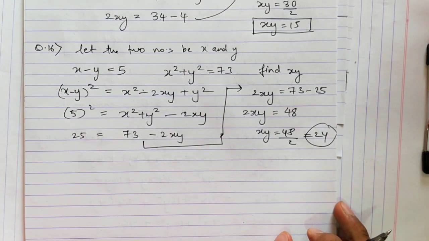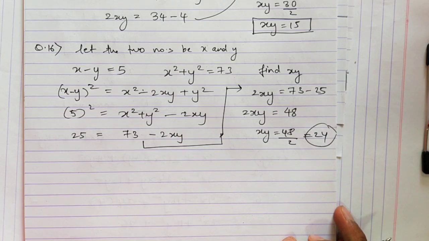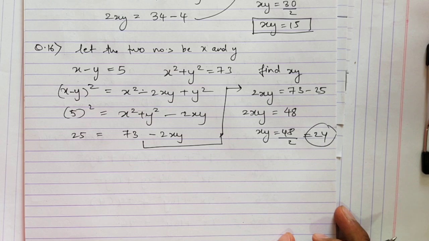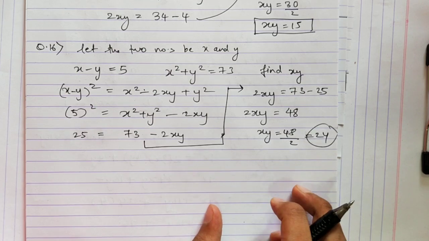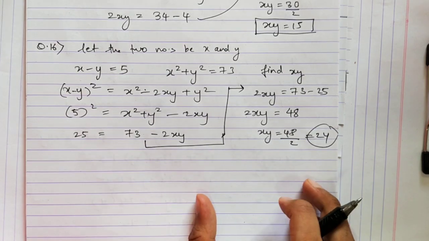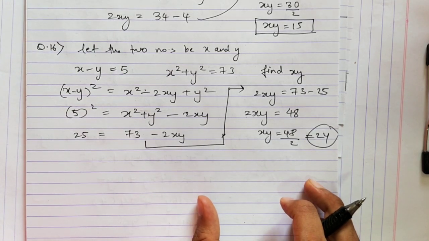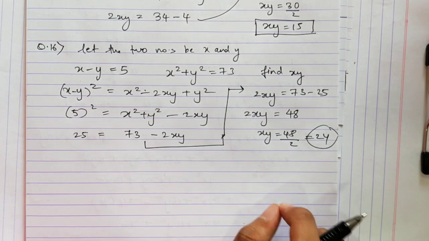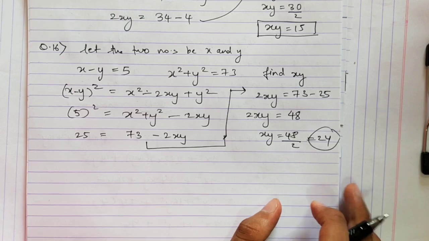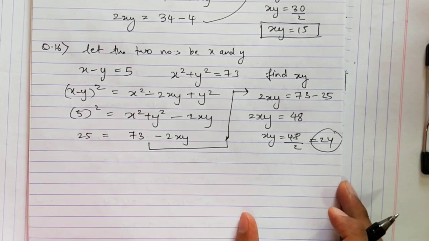In the next video, we'll continue with exercise B. We'll do exercise A, B and C in this chapter. Okay, because exercise D and E are not so important. First focus on, see, whatever I'm teaching you, the first 3 exercises, those are the most important exercises, and most of the time all the sums come from those exercises only. Okay, so first we'll focus on those exercises, remaining we'll do later.